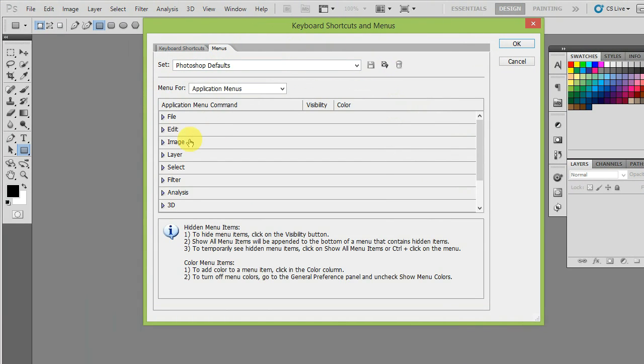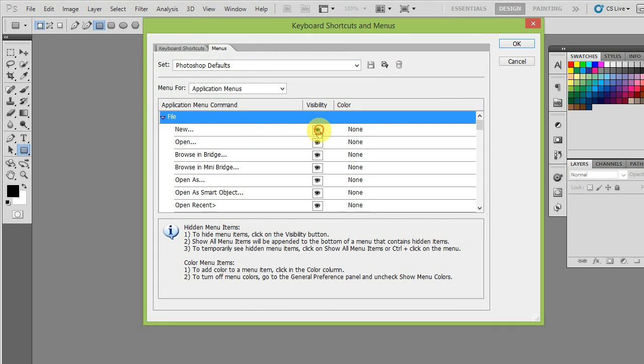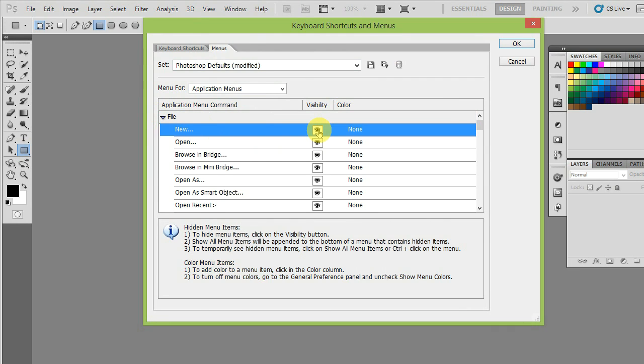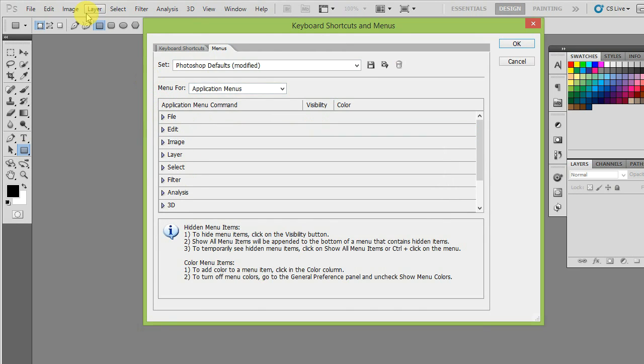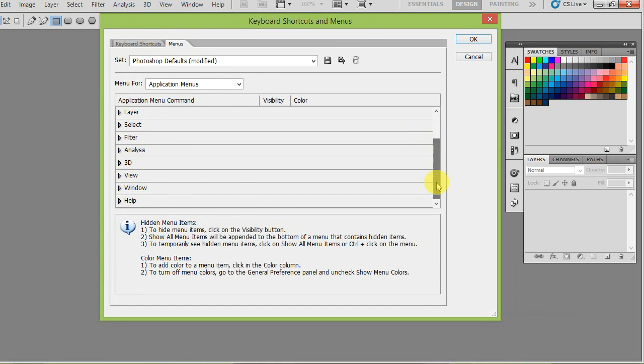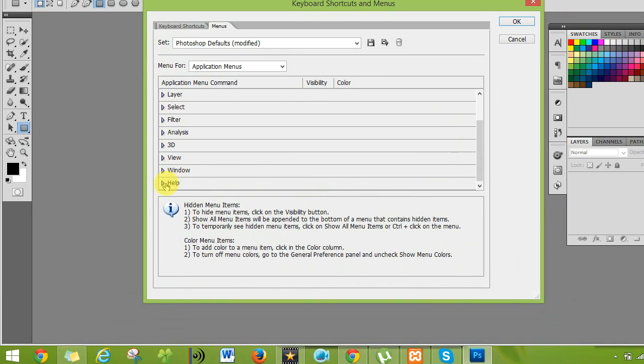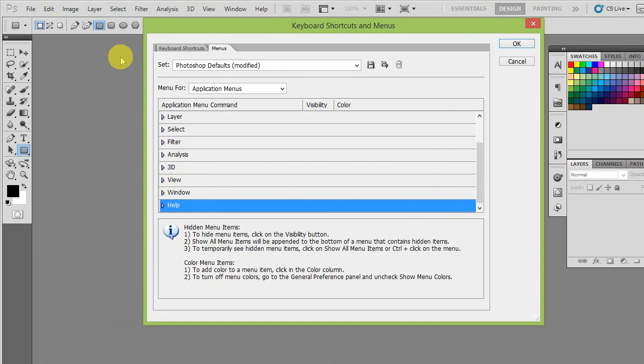This is the menu. Here in this menu, if you click hide, it is going to hide, like New. These are all the menus: File, Edit, Image, Layers, Selection, Filters, Analysis, 3D, View, Windows, Help. If you hide something here, that same thing is going to be hidden.